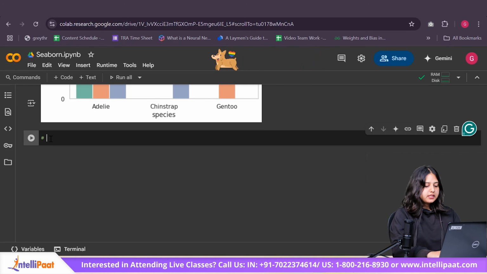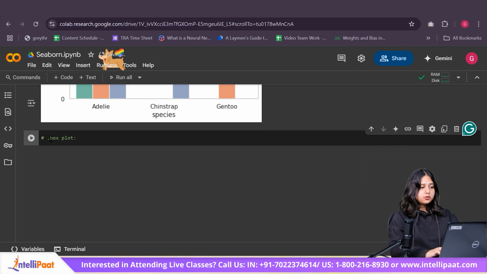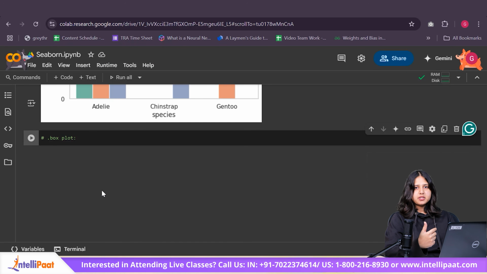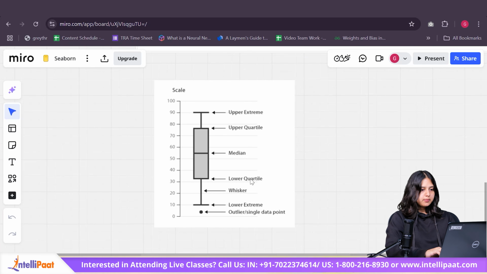Alright, so moving on with the next plot, that is the box plot. Again, this plot is used for detecting outliers, that is the extremely low or extremely high values in a particular column or feature. This plot basically helps us identify the different groups in a feature through their quartiles. A box plot basically uses three quartiles, which is 25%, 50%, and 75%. So let me show you guys through an image over here.